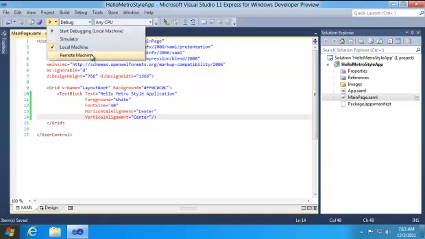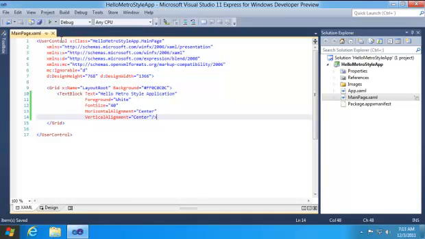Once you select the remote machine, it will deploy the app to the remote machine and then start debugging there. If you select local machine and start the debugging process, it will deploy the project in your local environment. If you want to deploy in the simulator and run it, you can choose it. The simulator will load the same environment of your physical environment and it will deploy the same thing there.